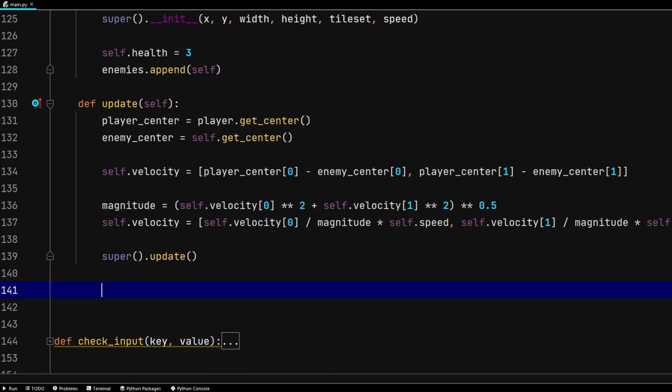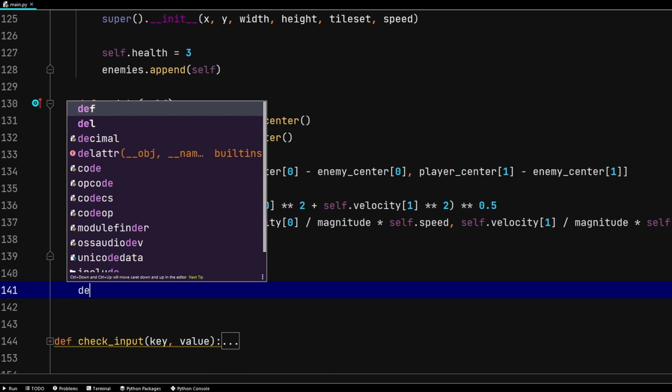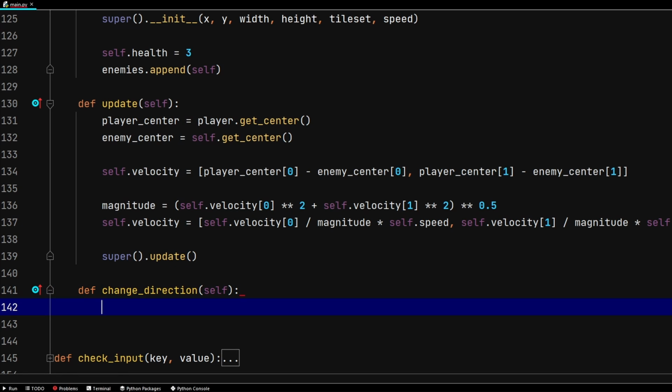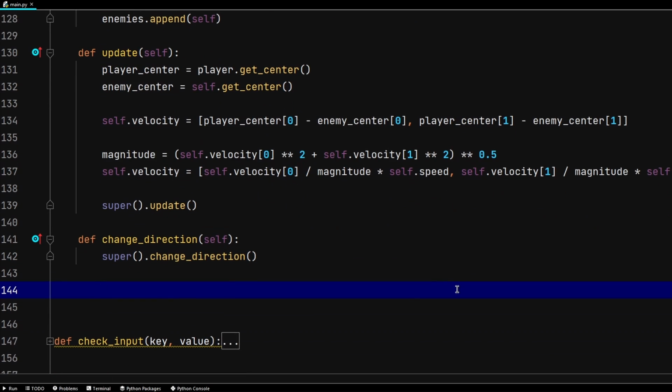Now let's go ahead and add another method, and it's gonna be the same one from our entity class. Let's go ahead and override another method called change direction. And here what I'll do firstly is call the change direction method in the entity class itself once again. And we're just gonna make one small addition here, and it's gonna be needed because without it, the enemy would only be facing either to the left or to the right, but not downwards or upwards,